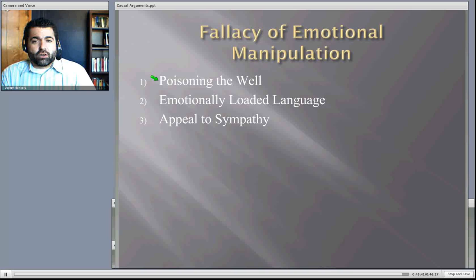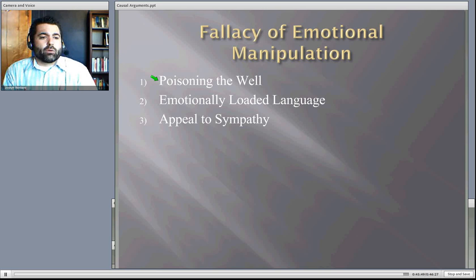Emotionally loaded language. Many of you have to be careful of this in your papers. You'll use emotionally charged language because you vehemently disagree with some idea. And so instead of trying to look at the ideas themselves, you'll be letting the reader know with your language how bad this person is, this idea is, this thing is. But the language itself is not necessarily necessary or even accurate, but it's more emotionally charged. So critical thinking demands that we sift out that kind of language and really try to be accurate in the way we talk about a person's ideas. That doesn't mean we can't disagree. Of course we can disagree. It's how we handle it that is most important.